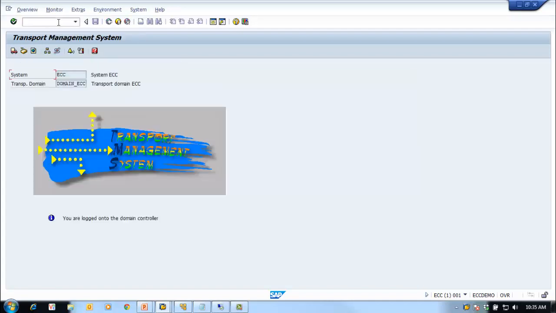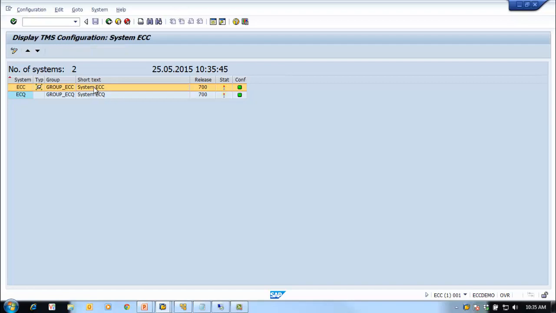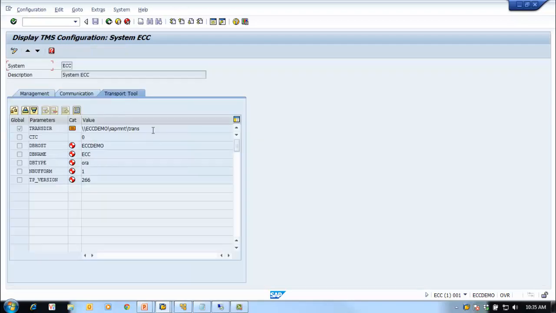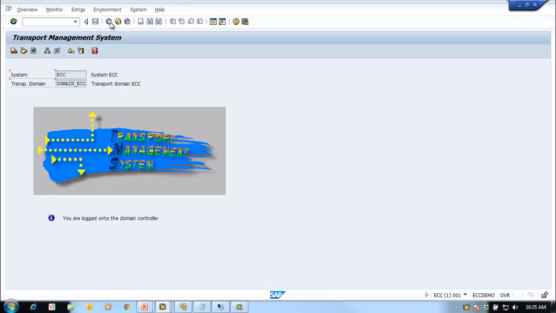do not get confused with these two different things. In the STMS, if I go to systems, for each system you can see the transport tool. This transport directory means the configuration, where the configuration of the STMS is being saved. So if you really want to see where the actual files are being saved, then we need to go to